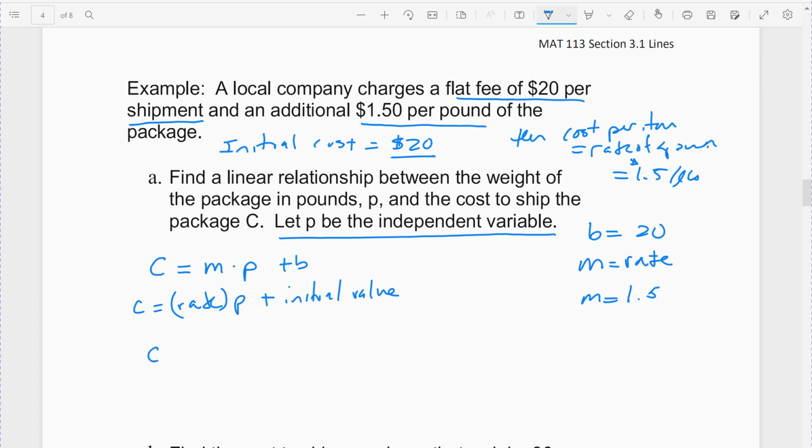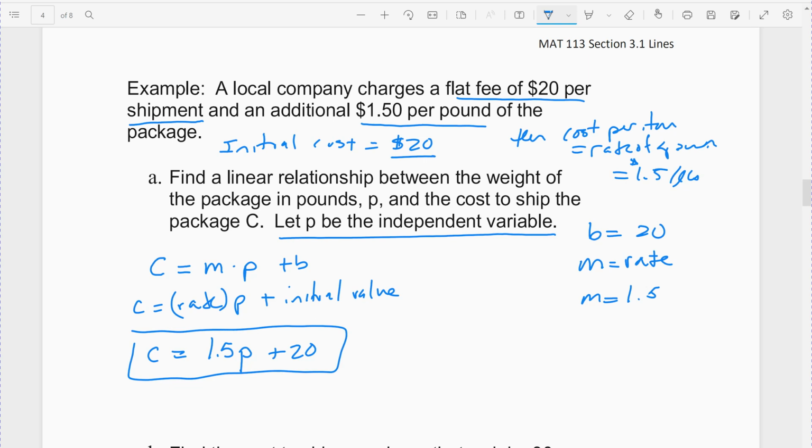So our cost equation is $1.50 times our pounds plus the extra 20 just for any weight. Doesn't matter how much it weighs, I have to tack on that additional $20. Whether it weighs 1 pound, 2 pounds, 3 pounds, I have to add $20 to it. Alright, and so there is my linear cost equation